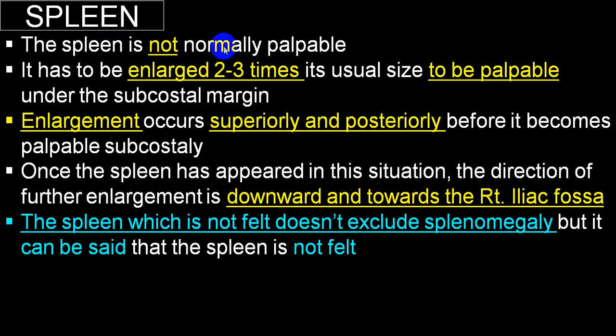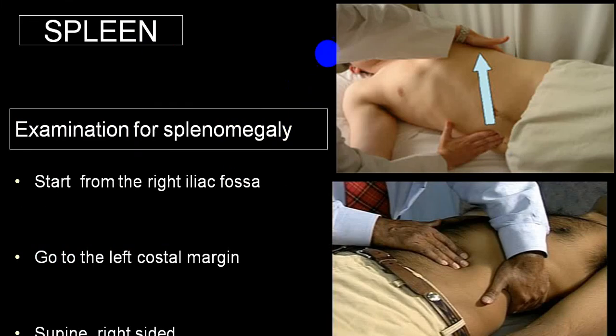As far as the spleen is concerned, we have told you that for the spleen to be palpable, it should be enlarged 2 to 3 times the original size. Then it is just palpable. So when the spleen is very easily palpable, it is massively enlarged. Just going through these things a little faster: when you try to palpate, palpate from the right iliac fossa towards the left hypochondrium. By and large, you might require a bimanual palpation. So this will be the pushing end, this will be the palpating end.